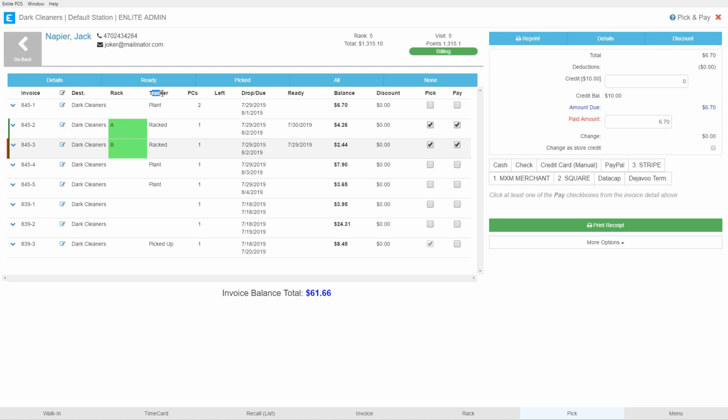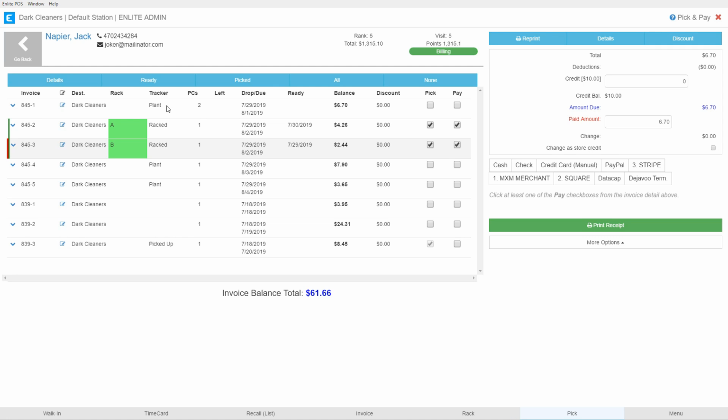Next, we have the tracker column. Again, this is one of those fields that is not going to be visible to you out of the box. You're going to have to request this if this is something that you want to use. The tracker is used to model specific processes in the cleaner. You do this by scanning the invoice or the garments at a specific checkpoint in your process, and that's what